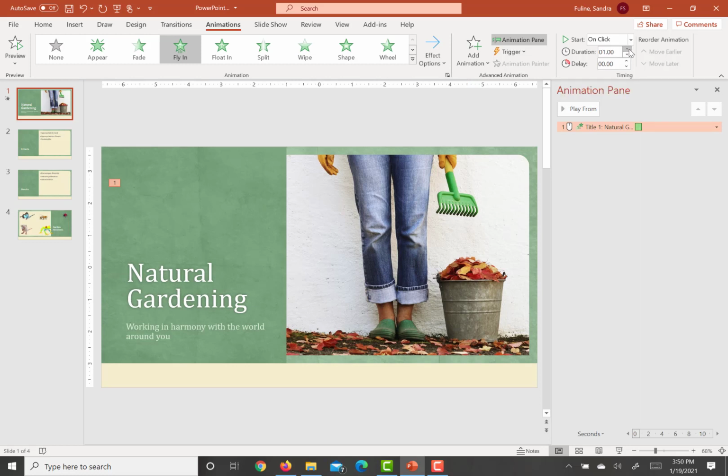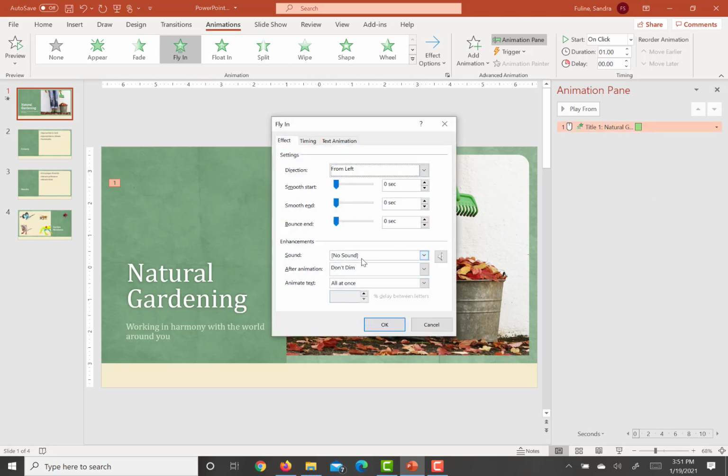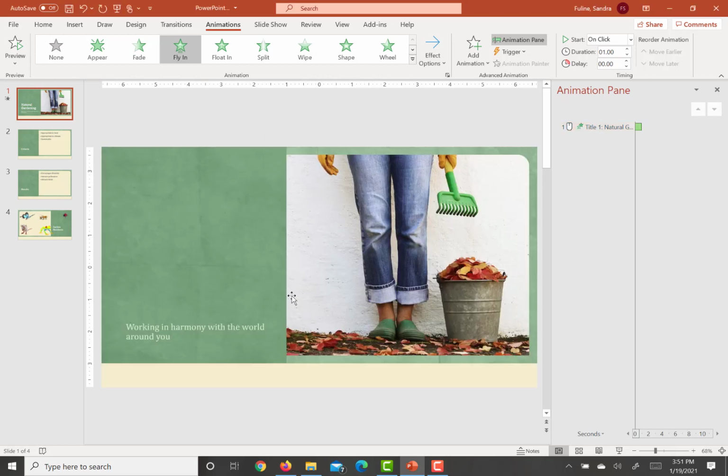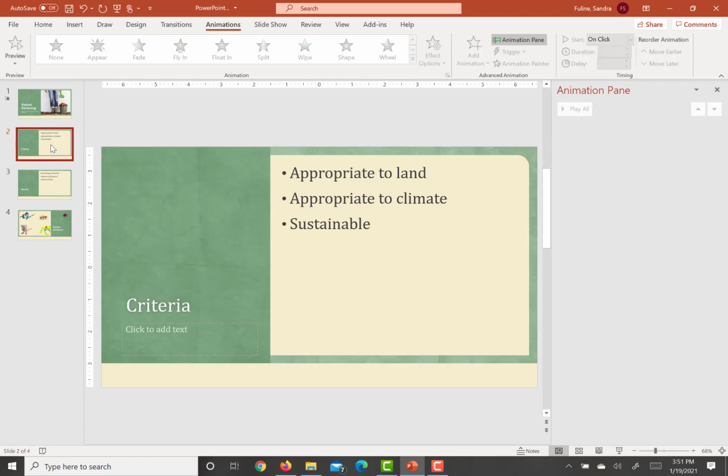And then we're going to add in a sound effect, which is going to be the whoosh sound effect. So we're just going to hit the drop down menu here for this particular animation, and we're going into Effect Options. And then we're going to click on Sound, and we're going to scroll all the way to the bottom, and we're going to click the whoosh sound, which is the third available option up from the bottom. The next step then is to hit OK, and then we're going to go to slide 2, and then we're